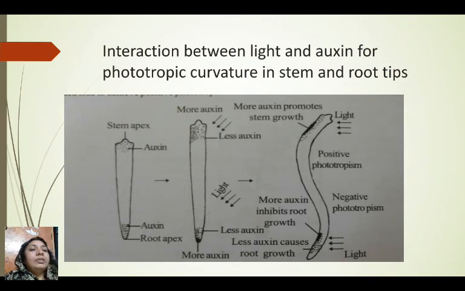In that region the concentration of auxin is found to be more, and as we know, auxins are responsible for cell growth. Therefore, growth of that part is found to be more as compared to the plant part which is exposed to the light. Due to this unequal growth pattern, there is development of a curvature. Therefore, this type of curvature is called phototropic curvature, which is due to the light as well as the unequal distribution of auxin in plants.